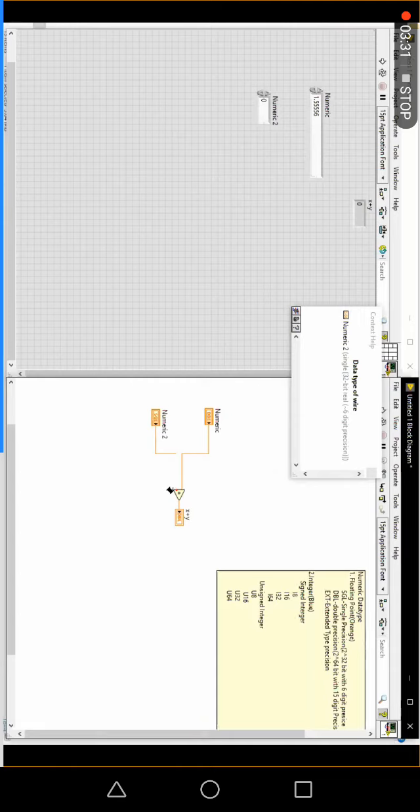Understood? So what is the difference between DBL and SGL there? The same thing we are going to follow for integer also. Now, how will you avoid this coercion dot? How will you eliminate this coercion dot?